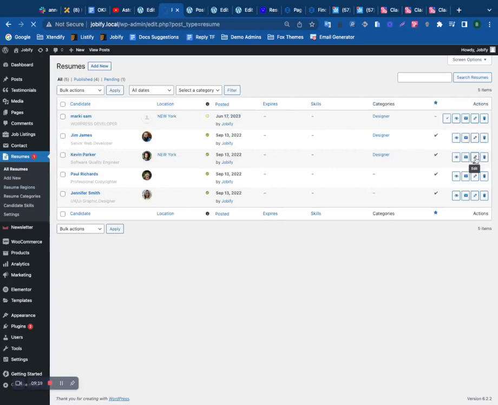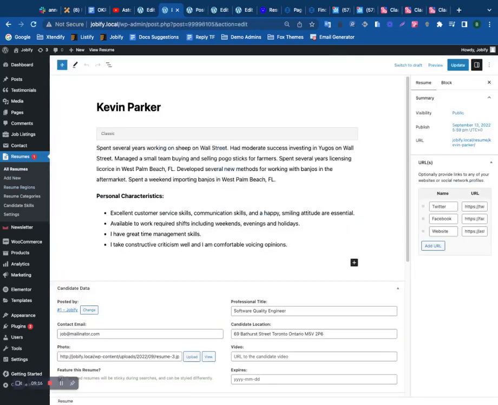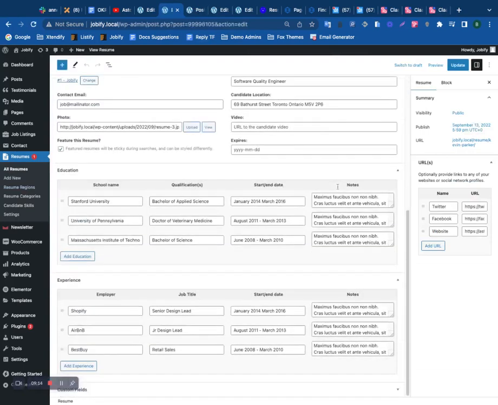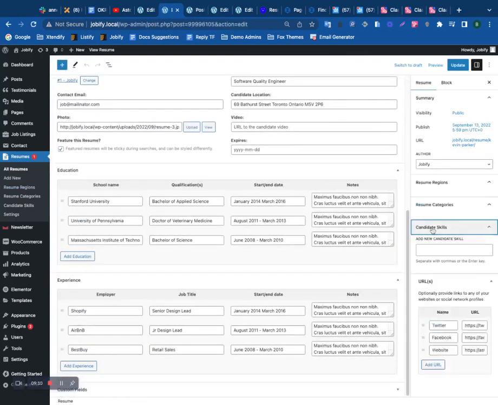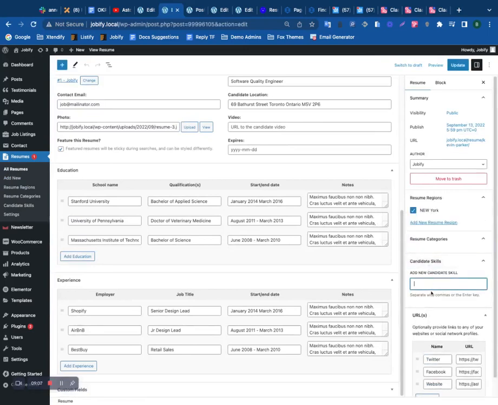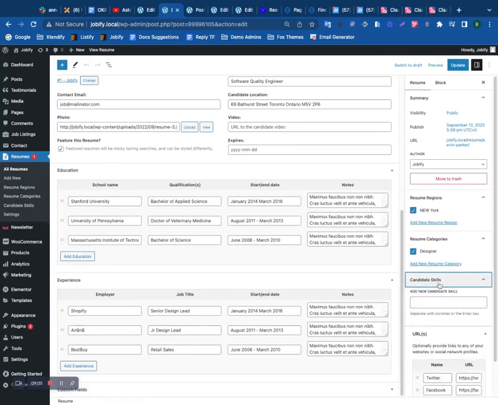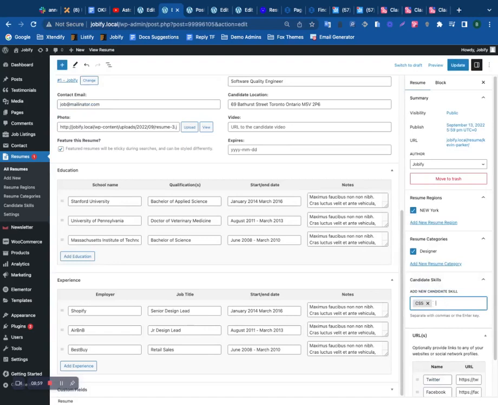So if you want a candidate specifically to have a certain skill or to select a certain skill, you can make sure that the candidate has selected their skill there. It's simply like a taxonomy which can be added